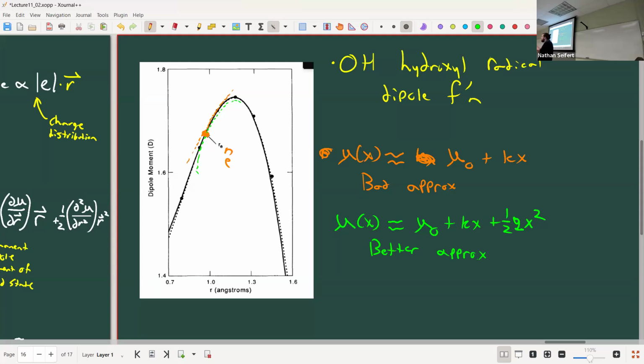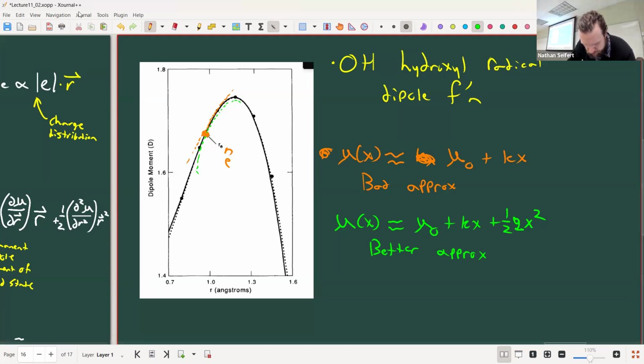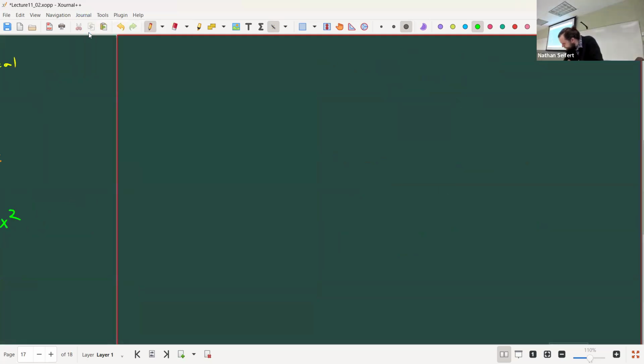What we're going to see is very different behaviors for OH versus a CH bond in just a second. So just keep that in mind. The dipole is some function, and sometimes it looks quadratic, sometimes it looks linear. It may look weird in other ways, but generally it looks like one of those. So what does that mean? Well, remember what we talked about